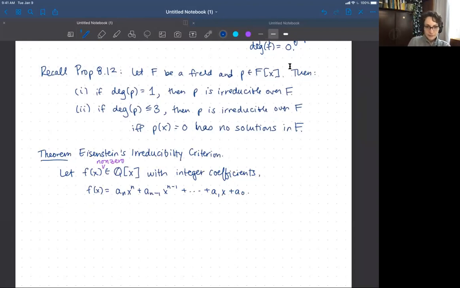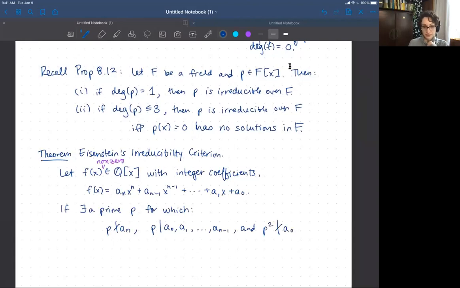So if there exists a prime P for which the following happens: P doesn't divide the leading coefficient. P does divide all the other coefficients, so the constant, the degree 1 up to the degree n minus 1 coefficient. And P squared does not divide the constant coefficient, then f is irreducible